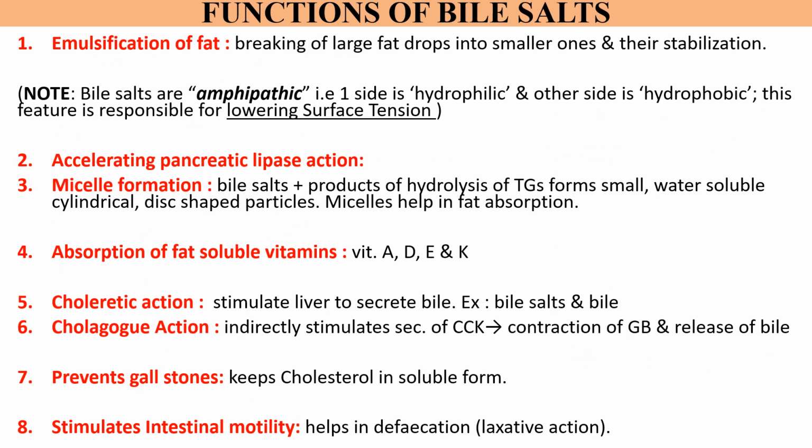Now you know very well about the formation and flow of bile salts and bile juice. So let us see the functions of bile salts. The very first and important function of bile salt is that it helps in the emulsification of fats. Without bile salts, fat droplets cannot be broken down into smaller forms and cannot be digested by the body. Thus, bile salts are essential for fat digestion.